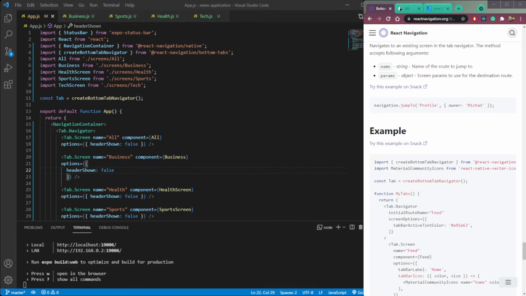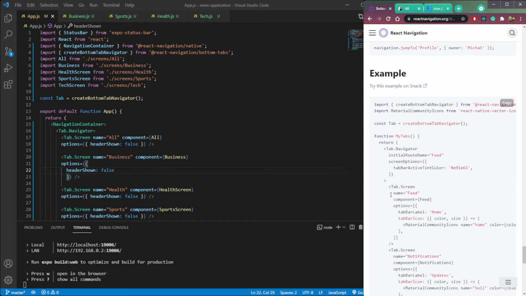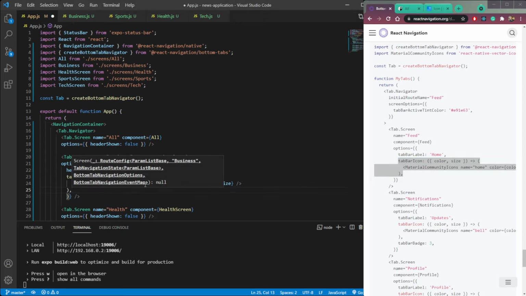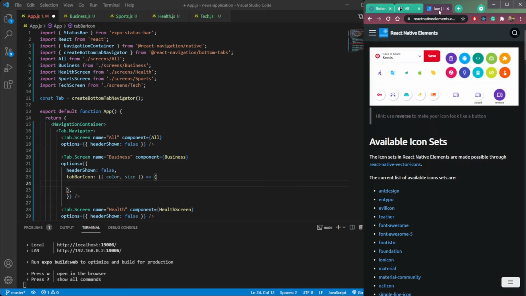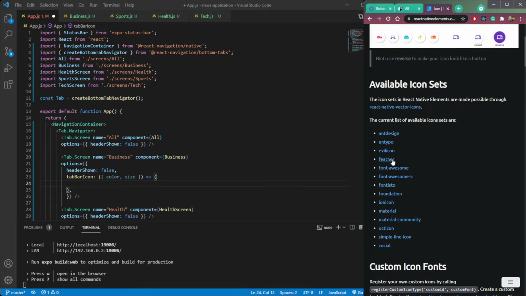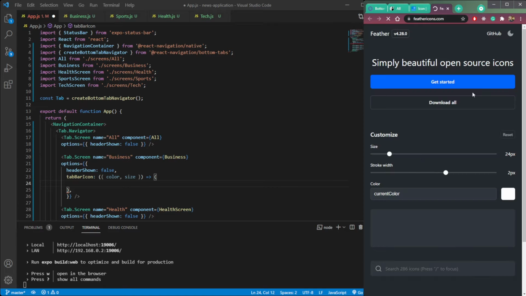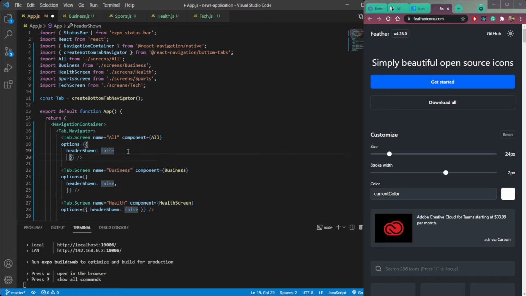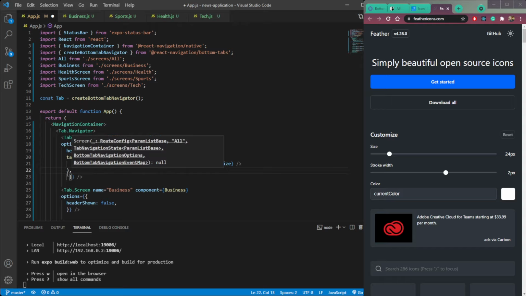Now let's add our icons in the file. So as you can see, the format to add icons is just like this. So we just need to use tab or icons here and paste it here after header shown. So now let's check which icons to use. So in this icons library, let's use feather icons, but we need to paste it from the home page first. So here paste it for home, and then let's search for the home icon.